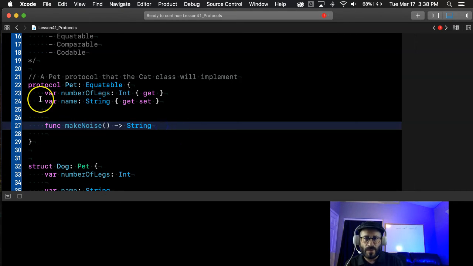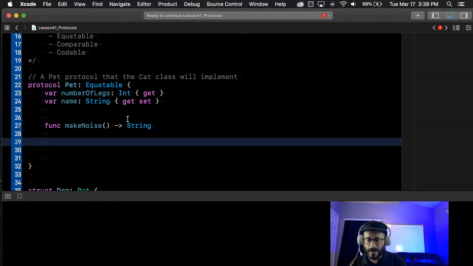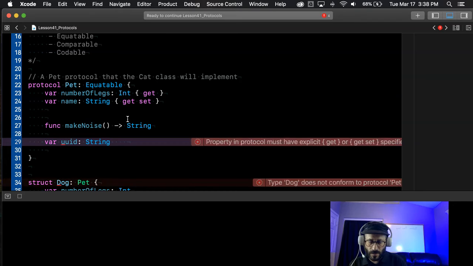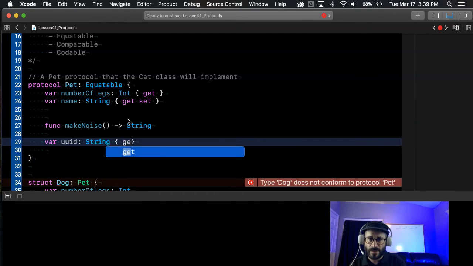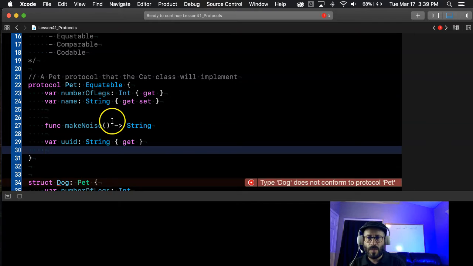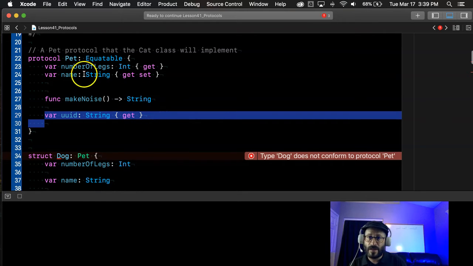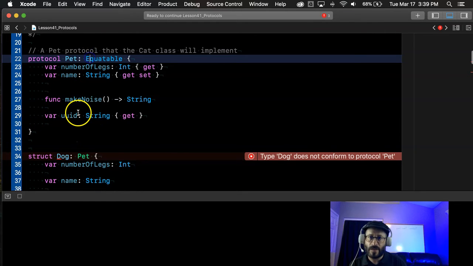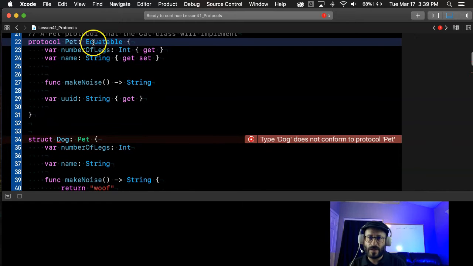So what I would do is I'd make this new variable and call it unique identifier, UUID, and make it a string. I can't just generate a unique identifier right here because this is a protocol. You can't store any properties in a protocol. But I can say, hey, every pet's supposed to have a unique identifier, and also every pet should conform to